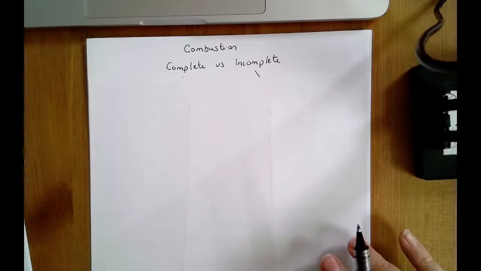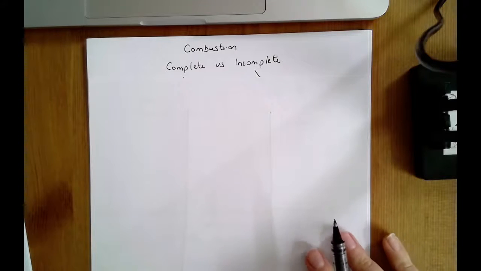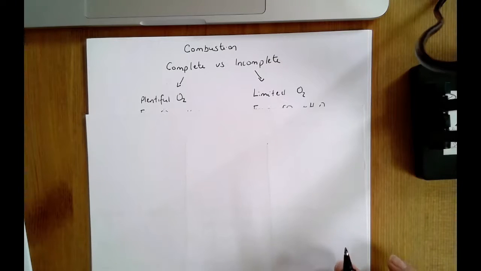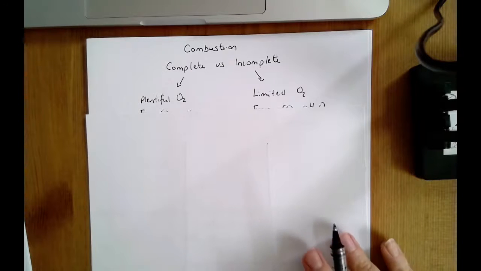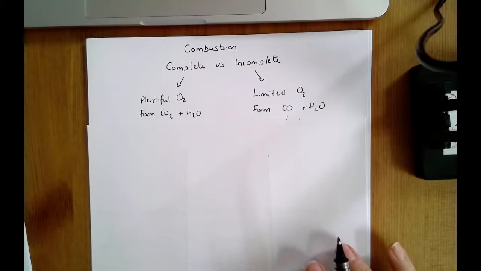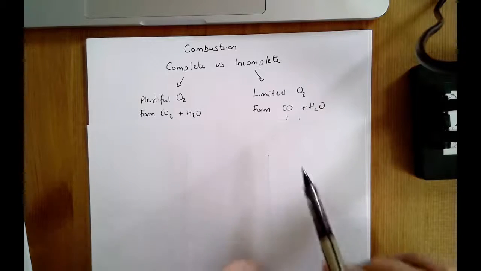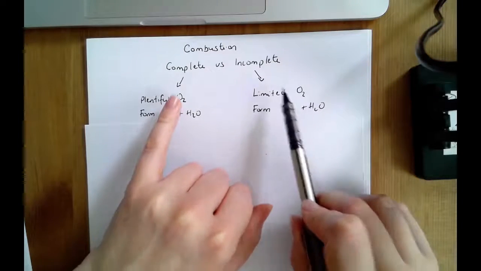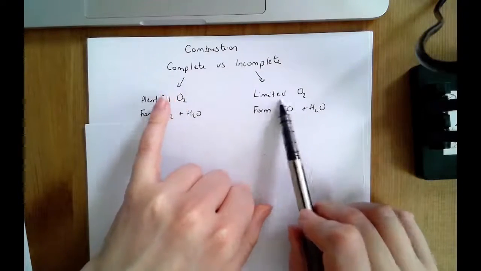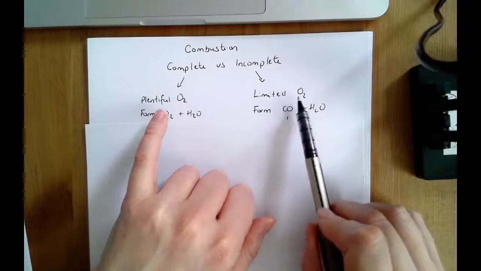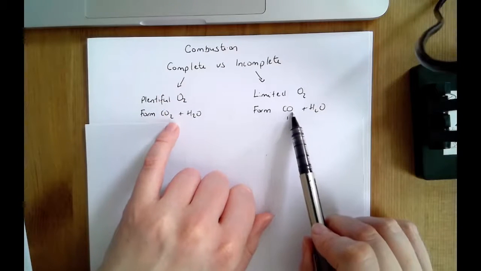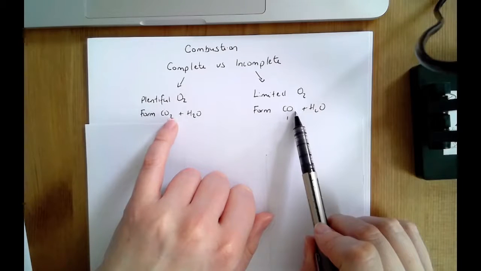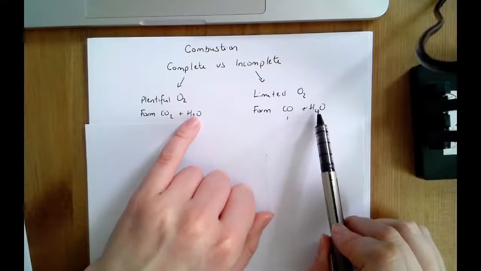So you've got complete and incomplete combustion. If it's complete combustion, you've got plenty of oxygen. Incomplete combustion, you've got limited oxygen. With complete, you're going to form carbon dioxide and water. If it's incomplete, you're going to form carbon monoxide and water. So again, the difference between complete and incomplete is the amount of oxygen. When you've got less oxygen, instead of forming that carbon dioxide, you're forming carbon monoxide instead, but you're always forming